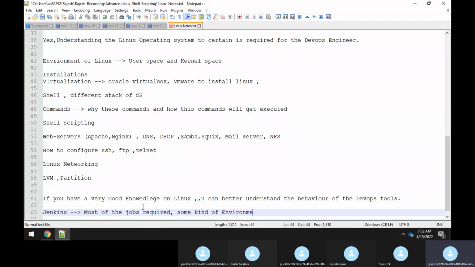You might have come across environment variables. If you don't know what exactly an environment variable is, you will not be able to appreciate how Jenkins works.